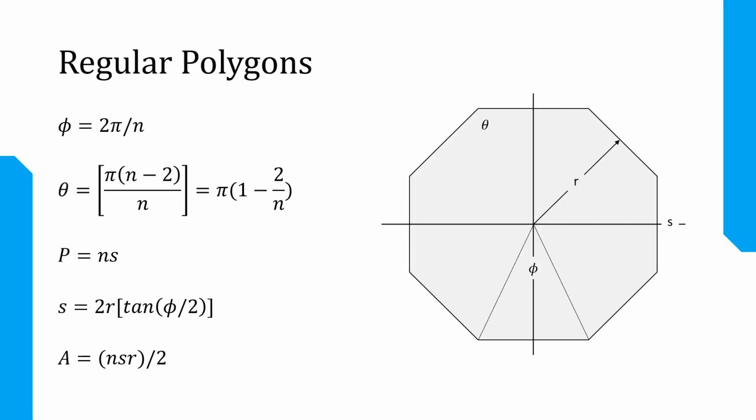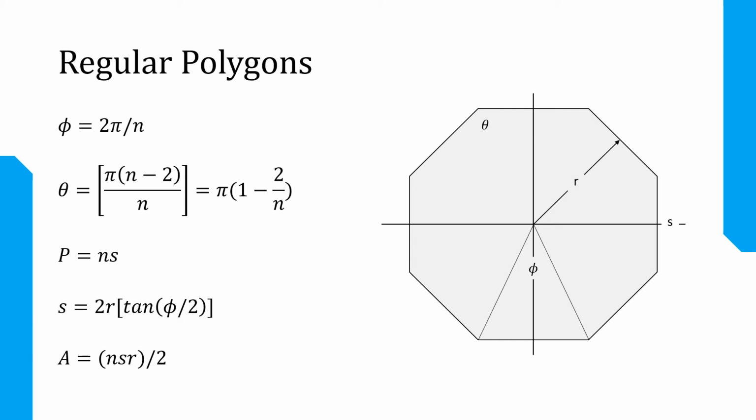And lastly, to finish up this discussion on this topic, we're going to do regular polygons. So regular polygons, the schematic shown here, where we have two angles actually, which is phi and theta, phi being the angle from 2 points and from the center, and then theta being the measurement for one of the angles outside. So we also have a radius, and we also have the length of the sides, and n will be